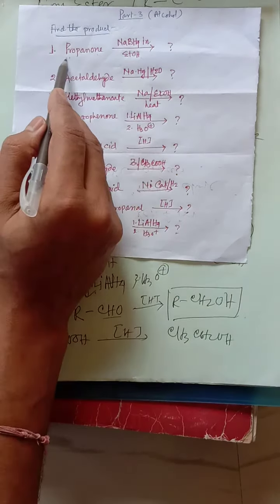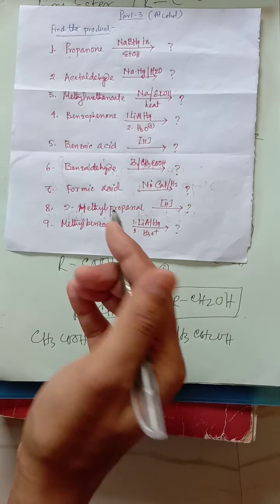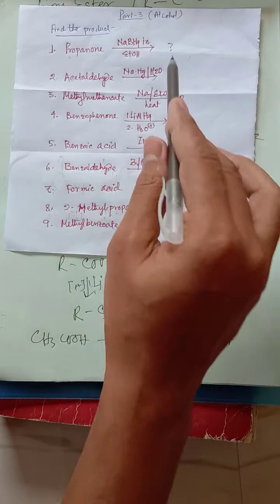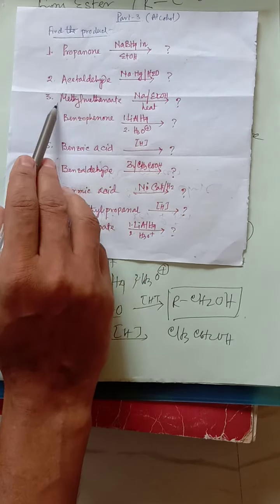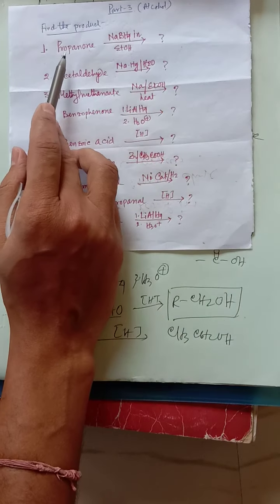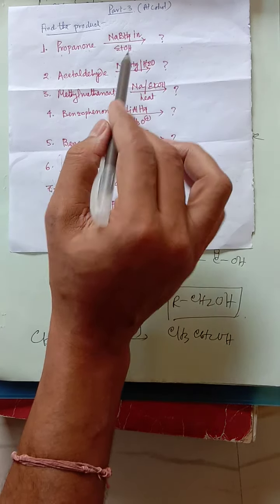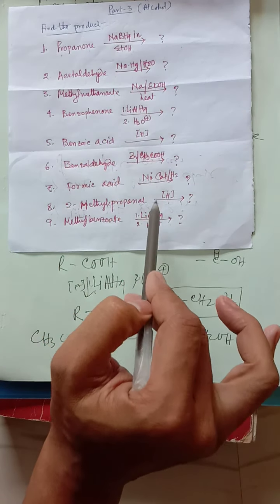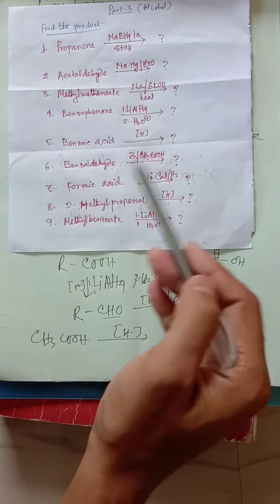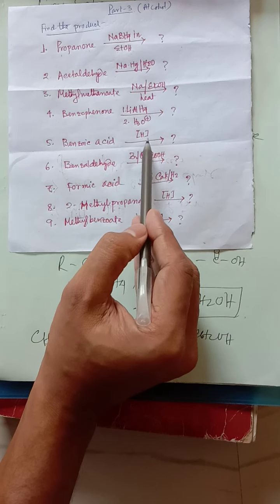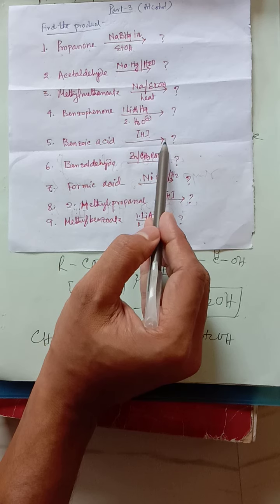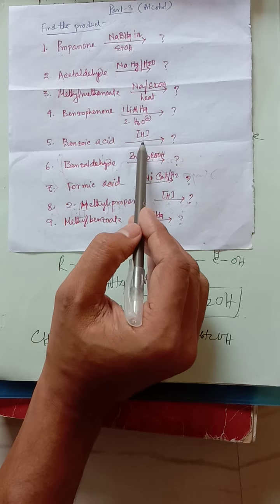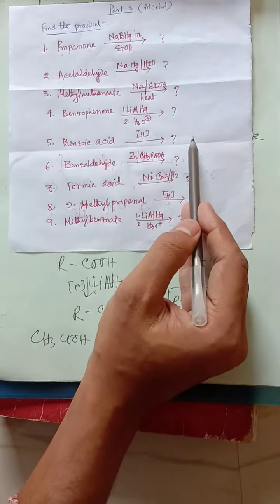This structure I have already discussed earlier. Now compound names can be given and the product will be asked. So in all the questions I have given, the compound name is given, and from this you have to find out the structure. You can also notice that I have given different reagents but the action is the same, all are reductants. Now here the reductant is not given, only H in brackets is given, it means reduction is going on. So you need not bother what is given here. You only have to see what process is going on. It is a reduction process, so the final product will be alcohol.